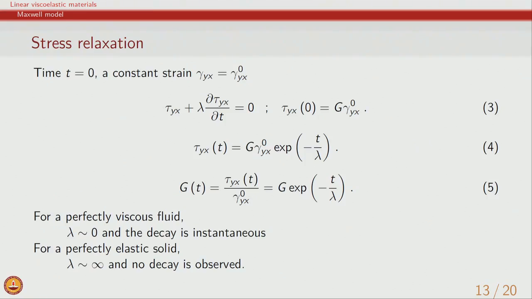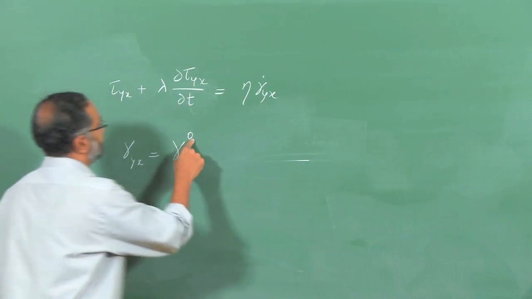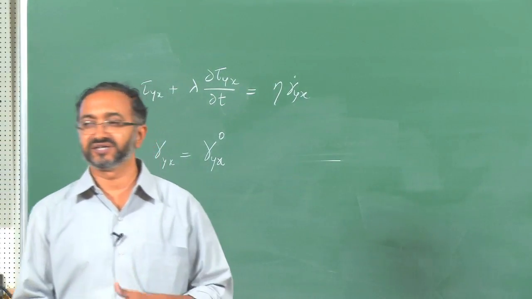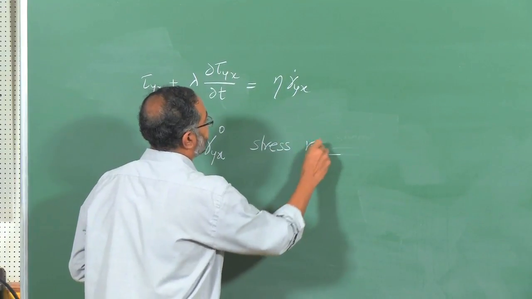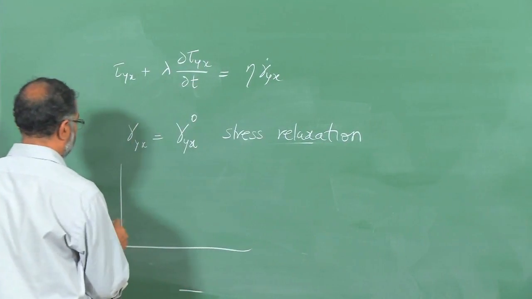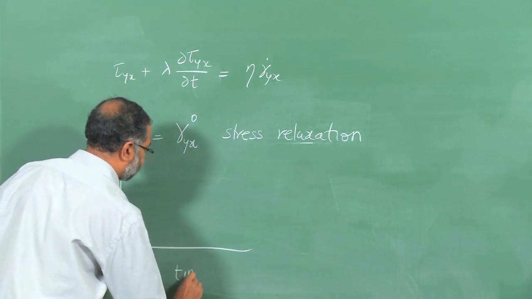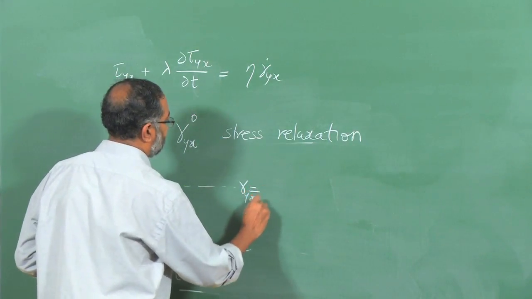So now let us define another mode of mechanical deformation, which we will call stress relaxation. So stress relaxation is an experiment in which we apply a constant strain on the material. So we apply gamma yx, a constant strain, and by this superscript 0 we indicate that it is a constant value, it does not change as a function of time, and so this is called a stress relaxation experiment. So we take a material and at time t equal to 0 we apply a strain which is constant,